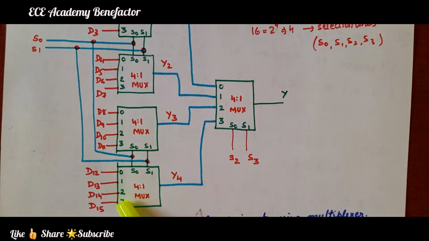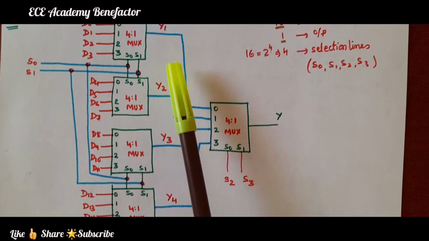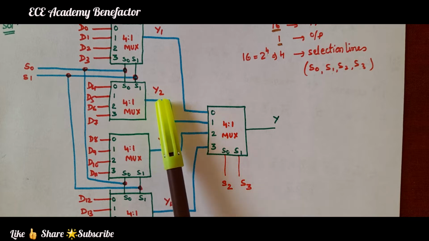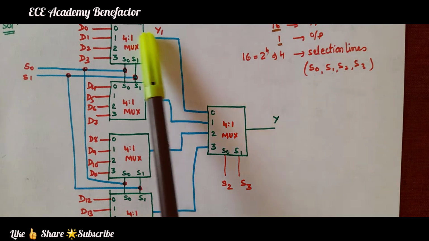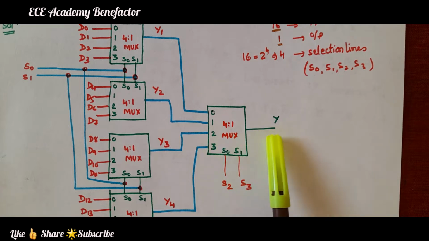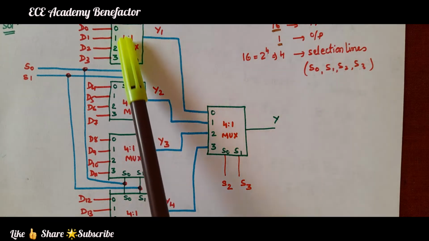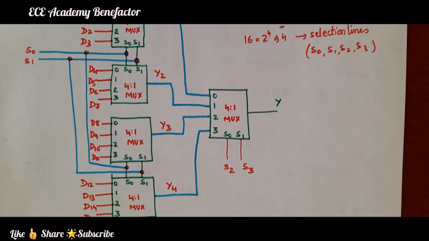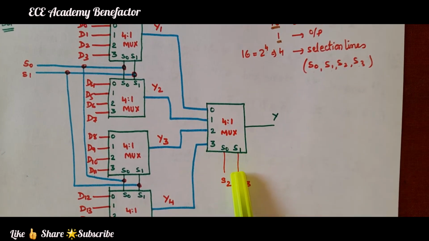For these 16 inputs, we need only one output. So, the output of the first mux is Y1, second mux output is Y2, third output is Y3, fourth output is Y4. So, these outputs are now acting as input to the next 4:1 mux to generate a single output. Okay. So, 16:1 mux is clear now. 16 inputs D0 to D15 using 4:1 mux, and these 4 outputs are then given to a single 4:1 mux